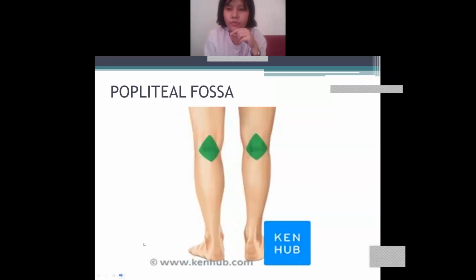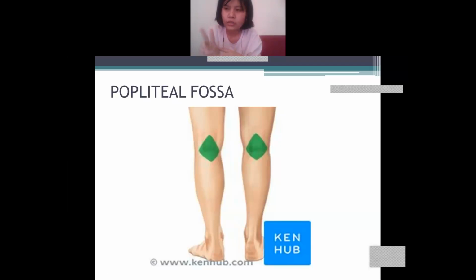This one. And here you will be able to feel your pulse also. If you want, you can check it by putting your fingers. Use 3 fingers. Don't use your thumb, because what happens if you use your thumb? The radial artery is there, right? If your radial artery connects with this popliteal fossa, what will happen? Both pulses will be felt, so you will feel it double.